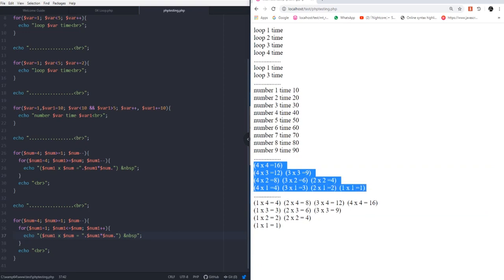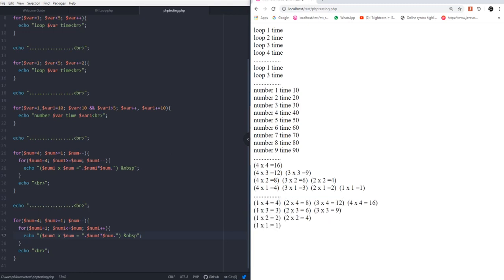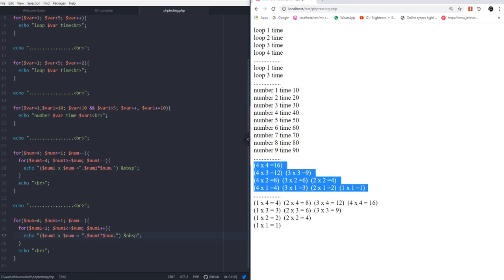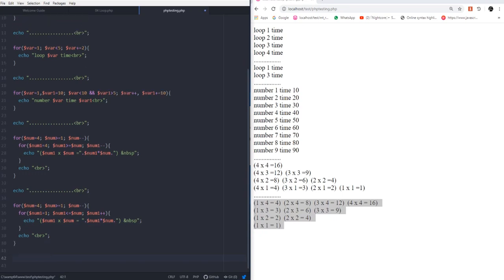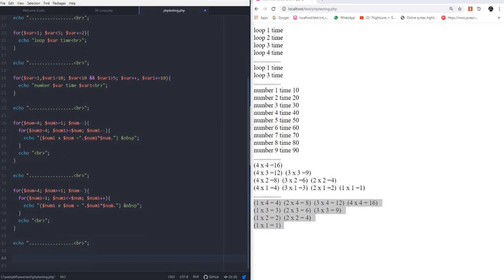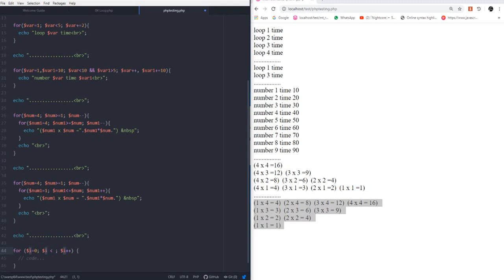So in this outcome we get a decrement expression, but if we use an increment expression, then we will get this outcome. So we go to another line again. For number1, okay, let's say I put 1, less than or equal to